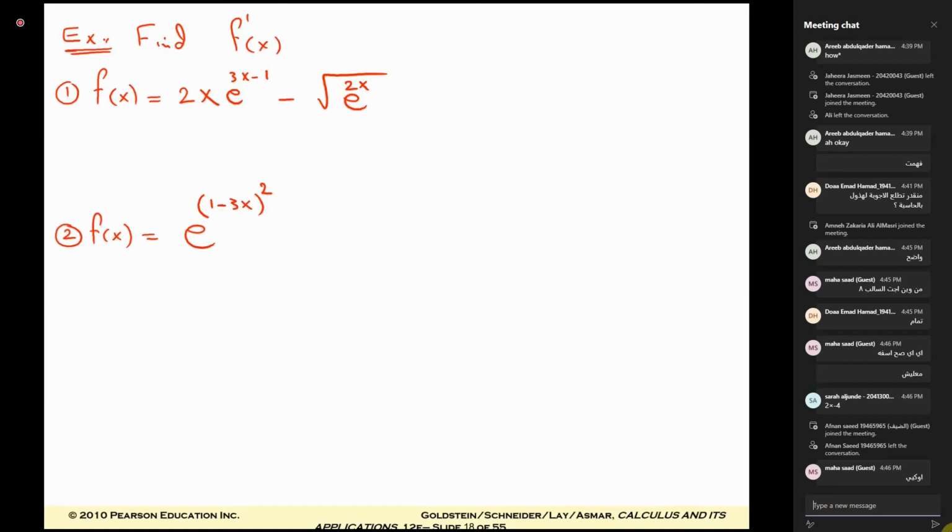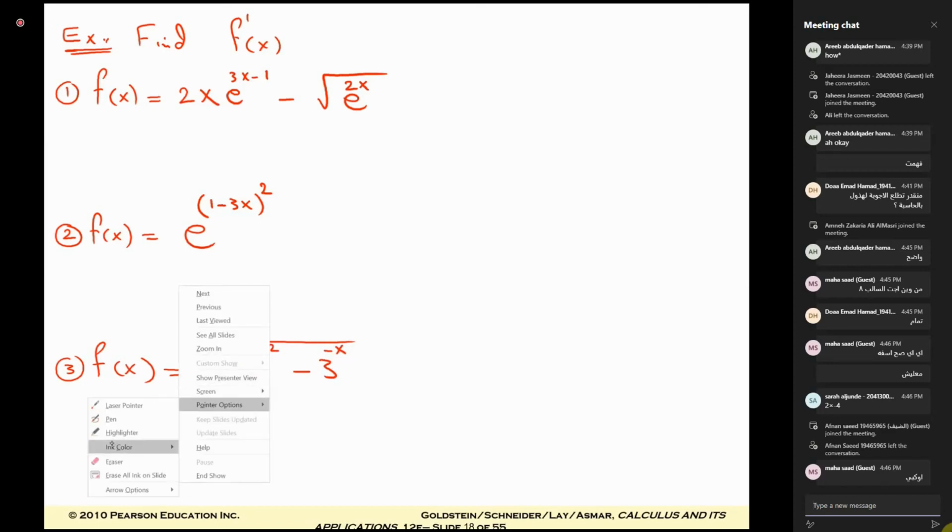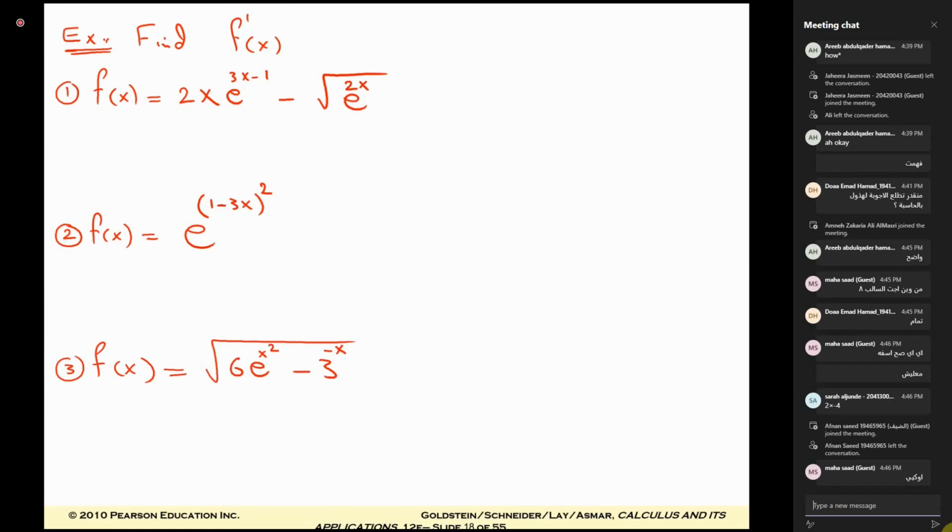Here I have an exponent of an exponent. Number 3: f of x equals radical 6 e to the power x squared minus 3 to the power negative x. Okay. Now f prime of x equals